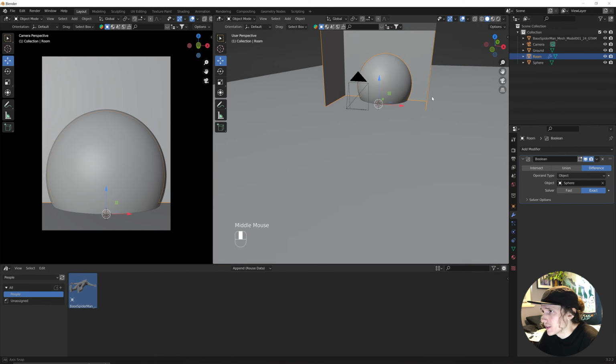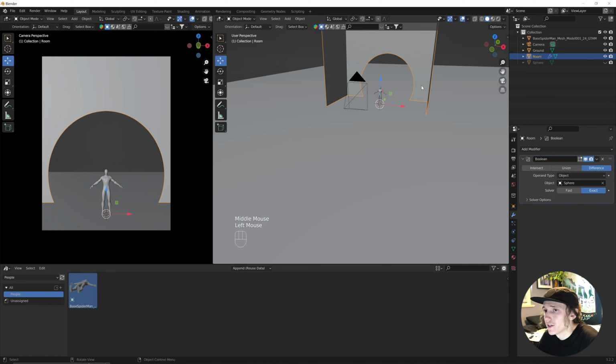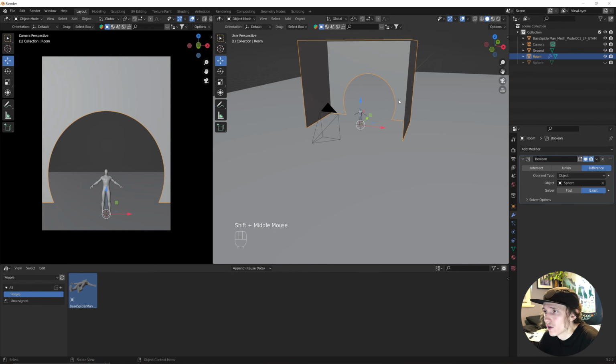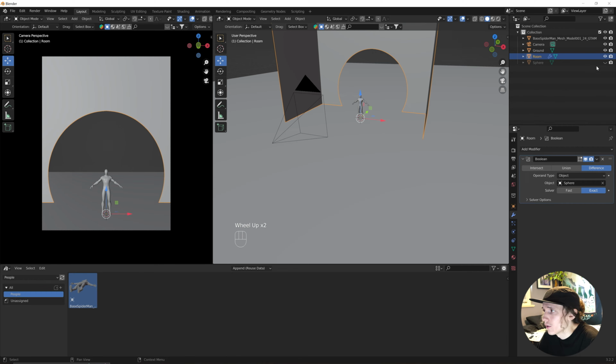And now, because we added this, if we go ahead and hide this sphere, you can see it cut out that sphere from the room. So we can hide the sphere and then just turn it off from our render view. And the last thing that we're going to do with this room is this needs a little bit of thickness